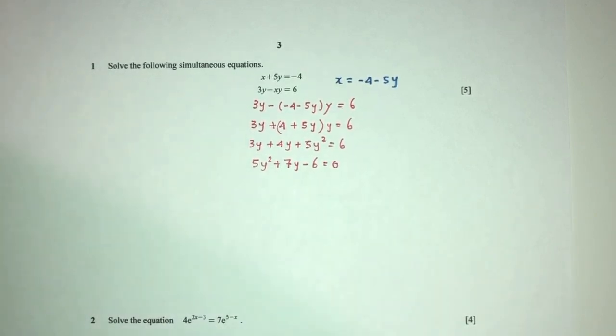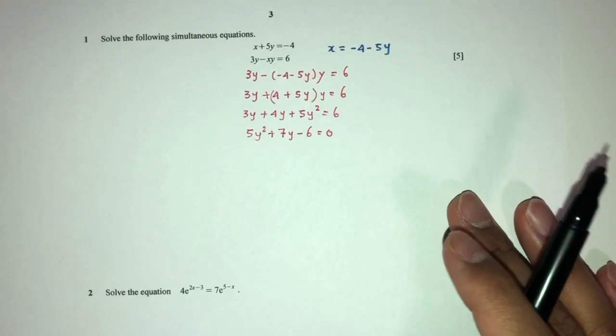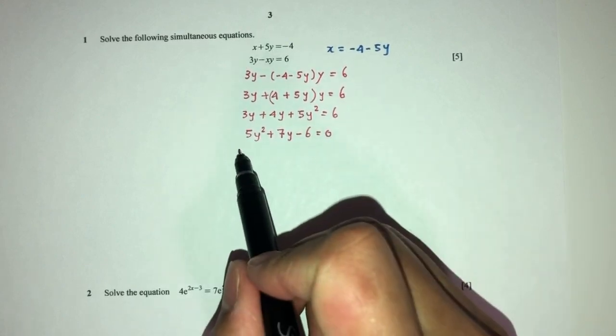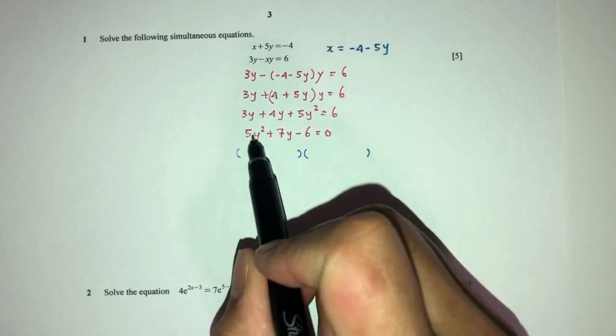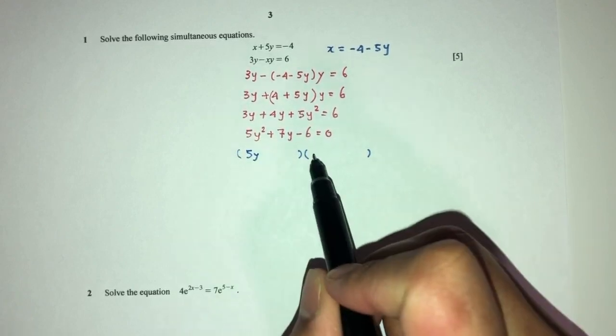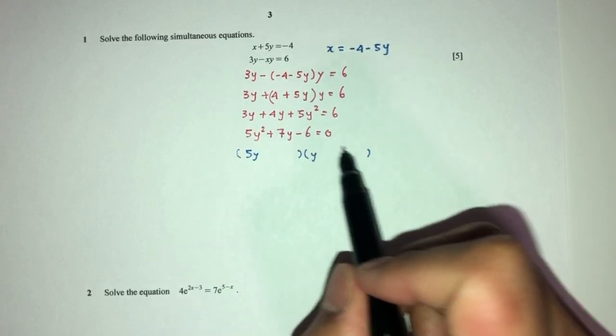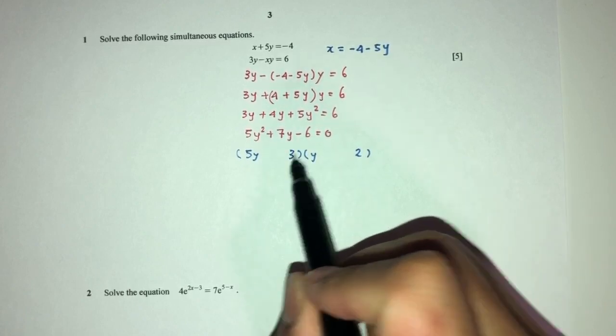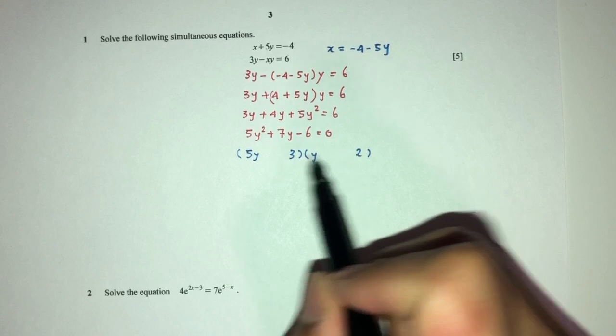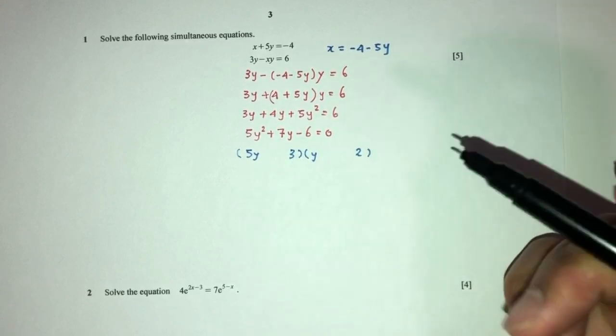Now we have a quadratic equation. We can try to solve this by factorization, or we can use our formula directly as well. But let's try factorization first. So 5y squared is 5y times y. 6 is 2 times 3, so 2 here, 3 here. Now obviously you can place 3 here and 2 here, but it will not work out because our goal is